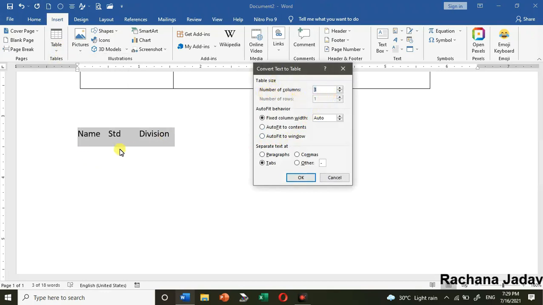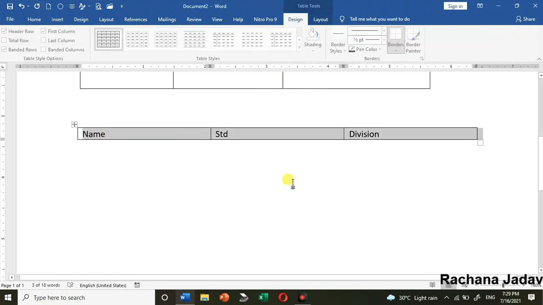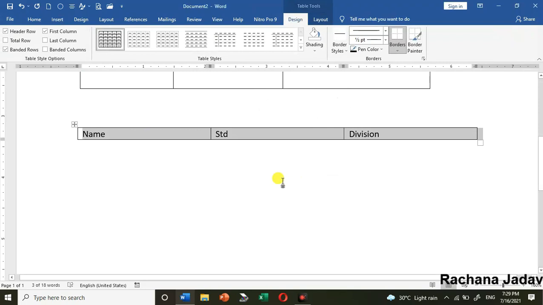Here by default, like you know that one row is there, तो यहाँ one row आ गया and 3 columns because I have gone with the 3 tab. मैंने यहाँ 3 tab use किए. देखो यहाँ लिखा हुआ है separate the text at tabs. Okay, so yes, it is done. So अगर आपको टेबल बनाना नहीं आता है, then you can use the tab key and you can write it and afterwards you can convert into a table. आप उसके बाद उसे convert कर सकते हैं.